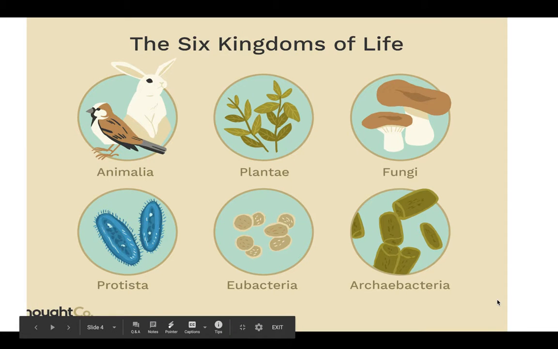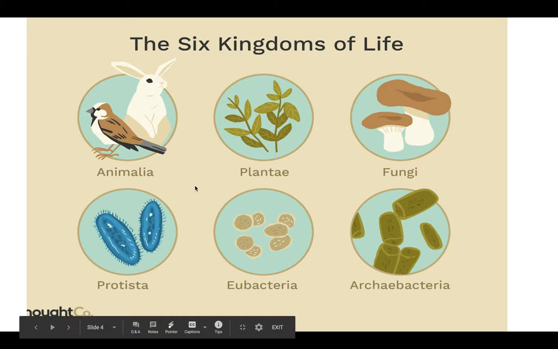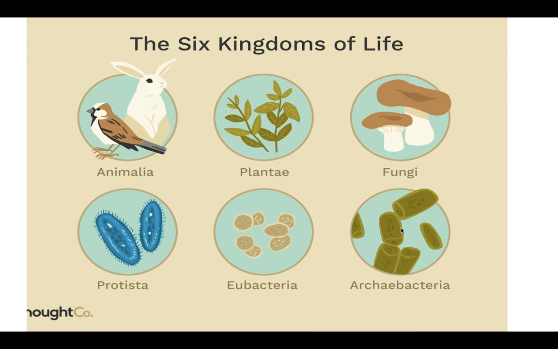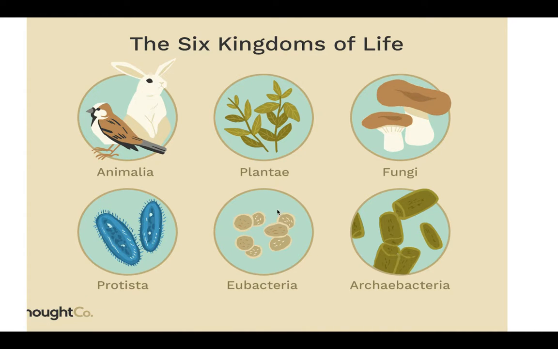There are six kingdoms of life. So all living things are found in one of these six kingdoms. We are found in the animal kingdom. There's the plant kingdom, the fungi, archaeobacteria. These are things that are found in really extreme environments like volcanoes or the deep ocean. Eubacteria, so that would be bacteria that you see every day on your hands, outside, in your stomach, all those places. And then protists, which are usually found in water, especially pond water.